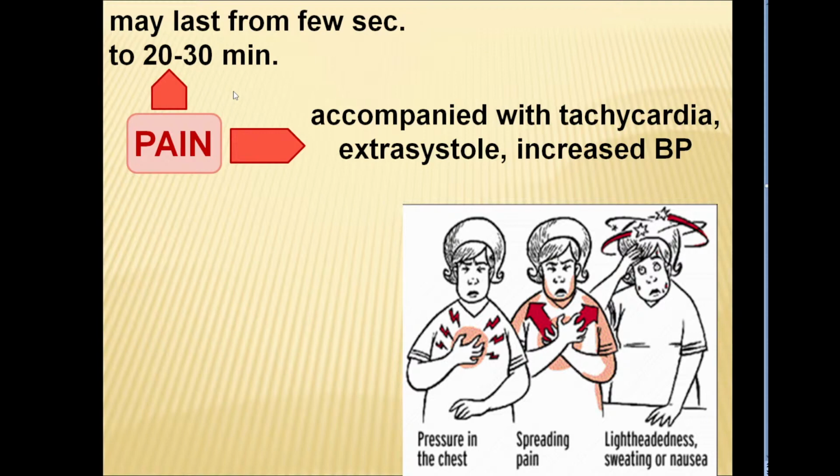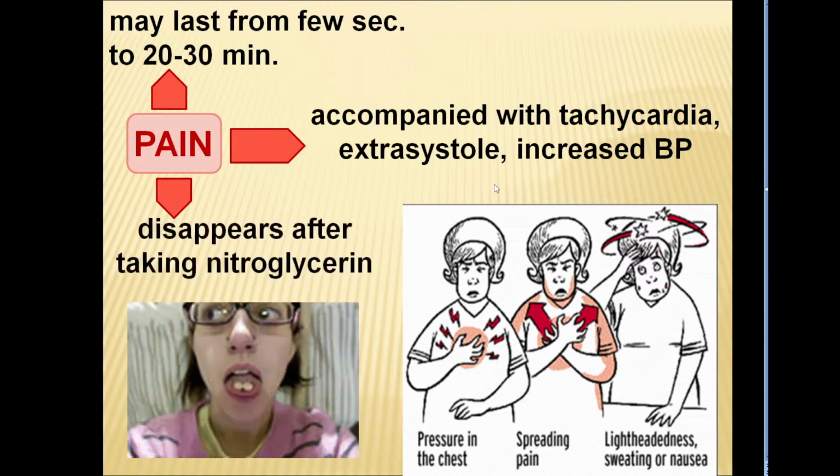The patient realizes the provoking factors, such as physical exercise; he can stop and the pain disappears. But if the pain prolongs, it's accompanied by tachycardia, sometimes disordered heart rhythm, and maybe increased blood pressure. But it is characteristic for the patient with progressive affection of coronary arteries with atherosclerotic plaques. And we remember, pain disappears after taking nitroglycerin, which we put under the tongue